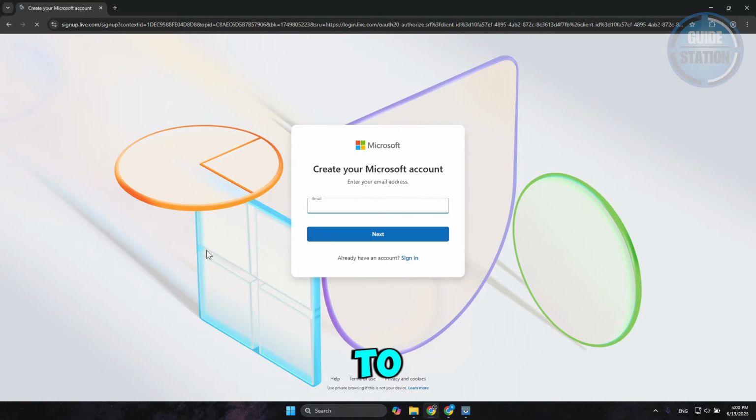And from here, we need to fill out some details. So first, you need to provide your email address. So let's go and just add our email address here. Now, by the way, just to give you some idea, if the email address is not available, also make sure that you use that at outlook.com here so that you get this one. So let's go ahead and use this one, and let's click on next and see if it's